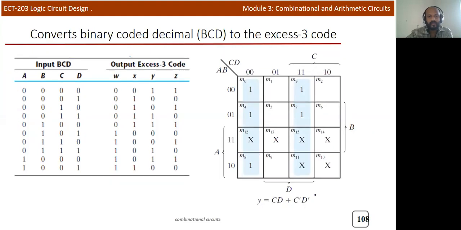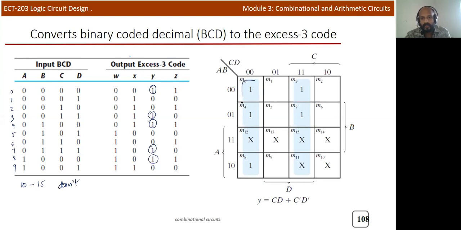Now similarly, you need to design for Y. Y is equal to 1 for these combinations. Here you can see 1, 2, 3, 4, 5 combinations. 0 will be there, and 4 and corresponding. If you write like this, 0, 1, 2, 3, 4, 5, 6, 7, 8, 9, it's very easy to write. So you can indicate all the ones, and from 10 to 15 you will consider as don't care conditions. We already explained that.